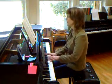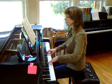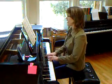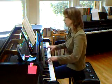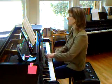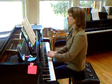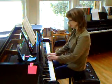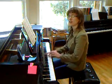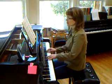So I would start there with all the right fingering until you can just whip those out like nothing. And then it's just a matter of dividing it between the hands. And if your hand is completely prepared to go there, then no matter what you're doing, you can do it. And then for evenness and scale passages,